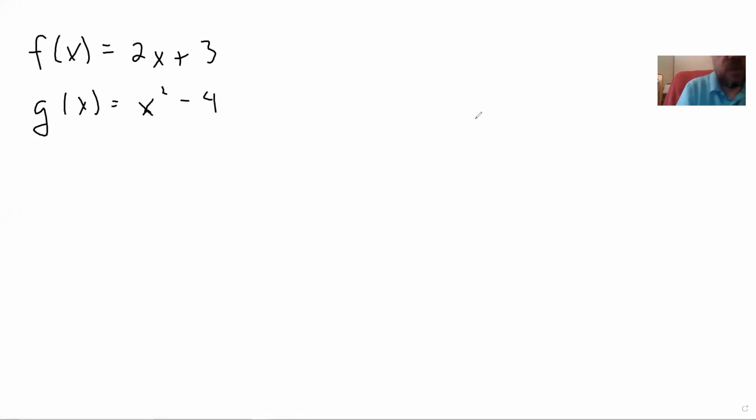So let me come up with two functions here. I'm going to say f of x is 2x plus 3, and g of x can be x squared minus 4. Okay, so those are my two functions. So what I want to do is identify a new operator, not a new operator, it's the thing we were doing last time. I want to find f of g of x,